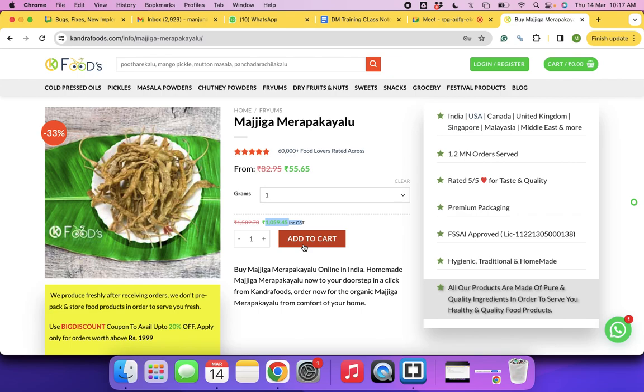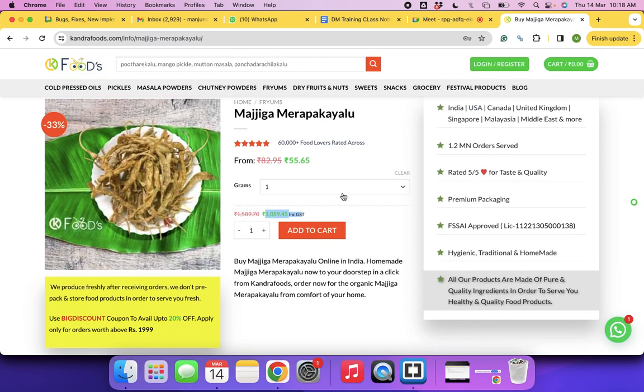And their language is schema code. Their language is schema code, okay? And now you don't have to really learn that language, just because search engines love to read your information in that language. You just have to understand what kind of schema has to be implemented, okay? So you have to implement product schema for this website. This is a product, right? And if your web page is about recipes, you have to implement a recipe schema.